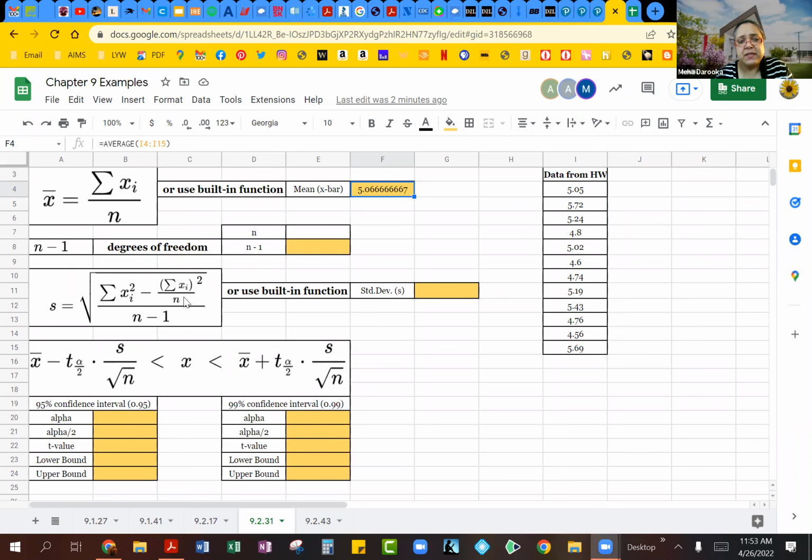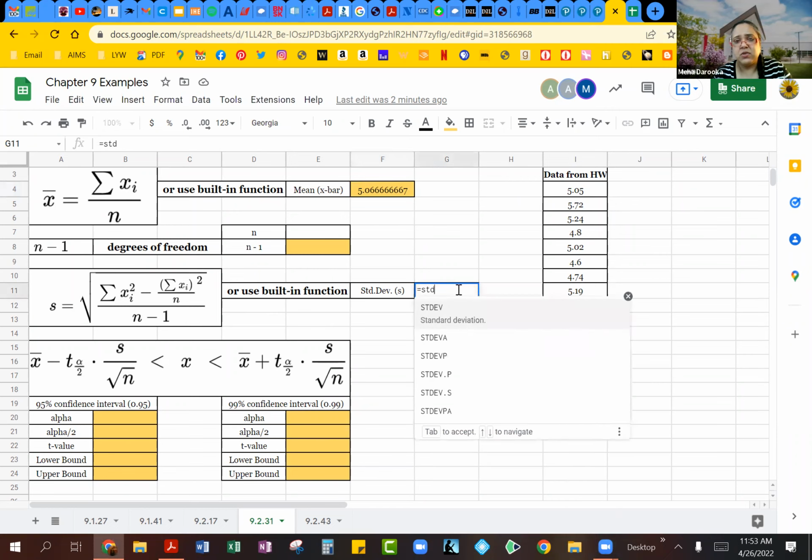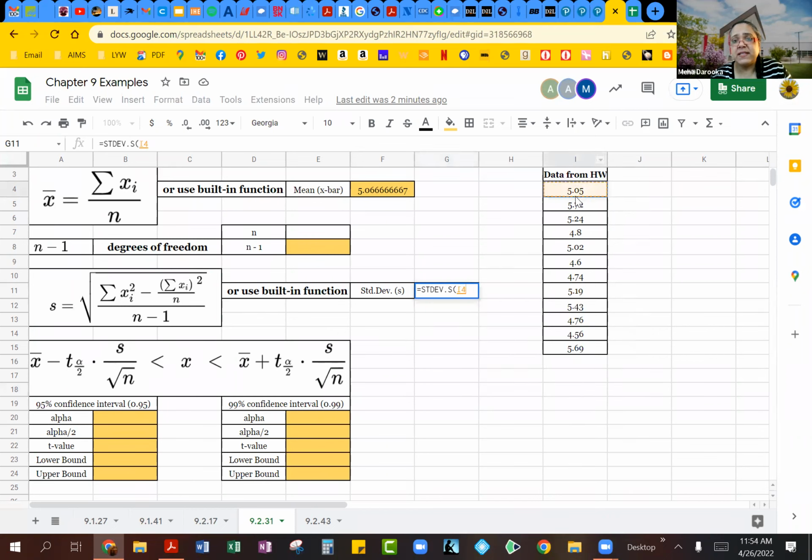So again, you can use the built-in function that you want, or you can use the formula from your textbook, but obviously we're going to use the standard deviation. Now you can do standard deviation or you can do standard deviation dot S, which is what I recommend because this is a random sample. This is not a population. So to get an accurate result, guys, use the dot S function and then select all 12 of these data values here. And that is going to be your standard deviation. So make use of built-in functions, even if you're using Excel or Google Sheets.